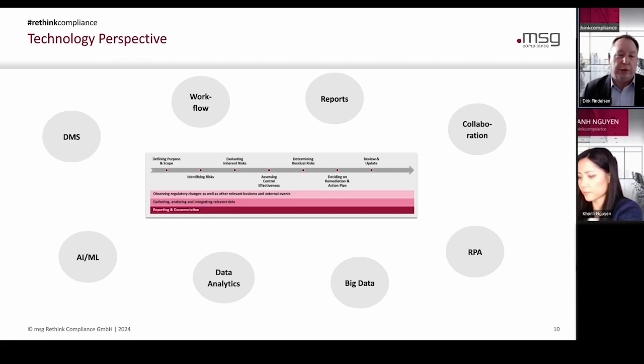with a specific condition, whether you reach it that way or another way. And then you have to, let's say, have different other steps following based on the conditions you set. And that would be easily done by a workflow tool. So, of course, workflow engines are typically part of the technology mix used from a risk assessment perspective. And everyone knows those reports, these fancy landscape reports, and that at least gives you an idea that reporting is also a topic.